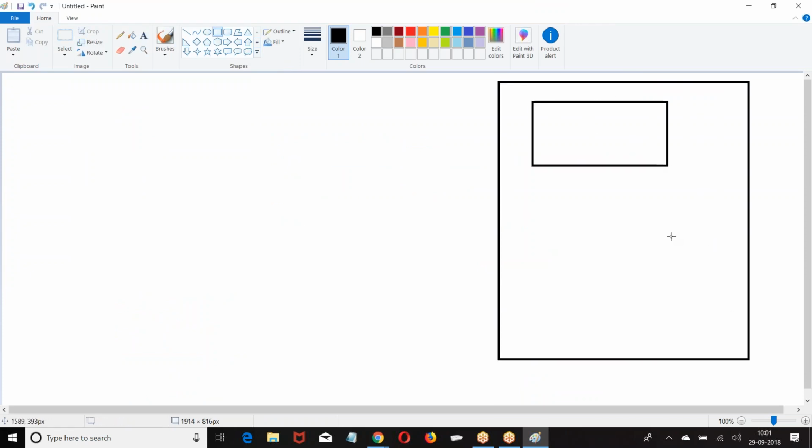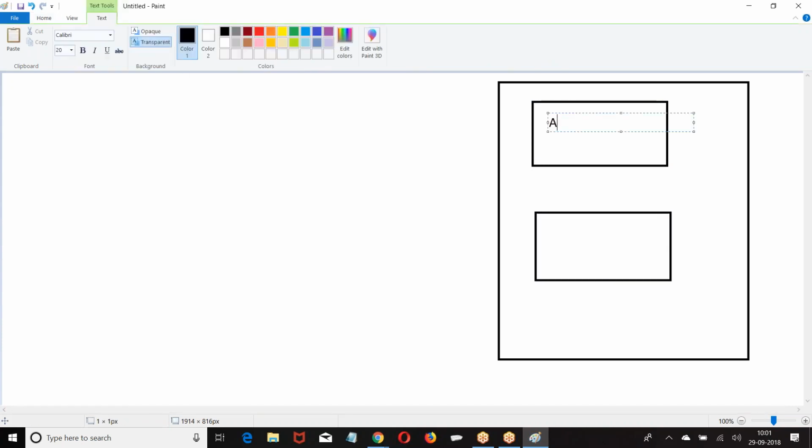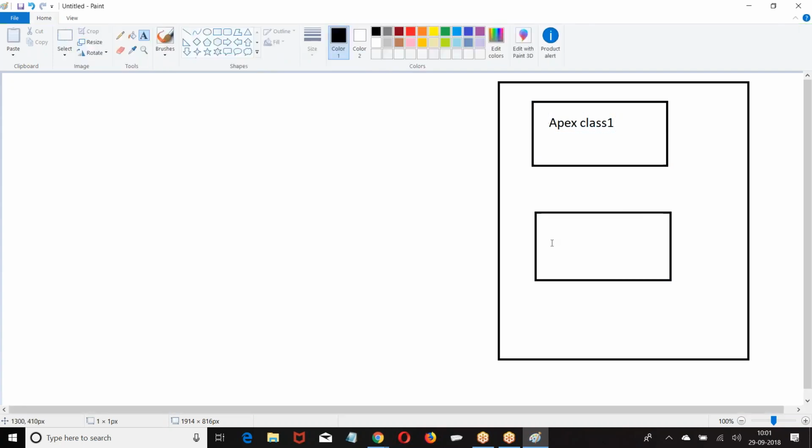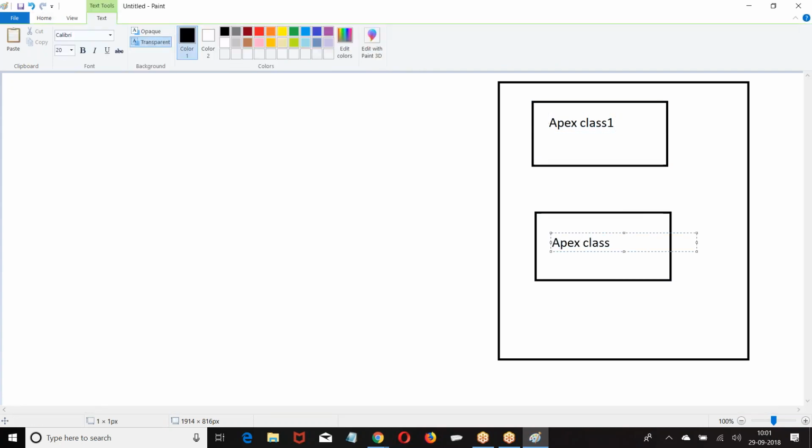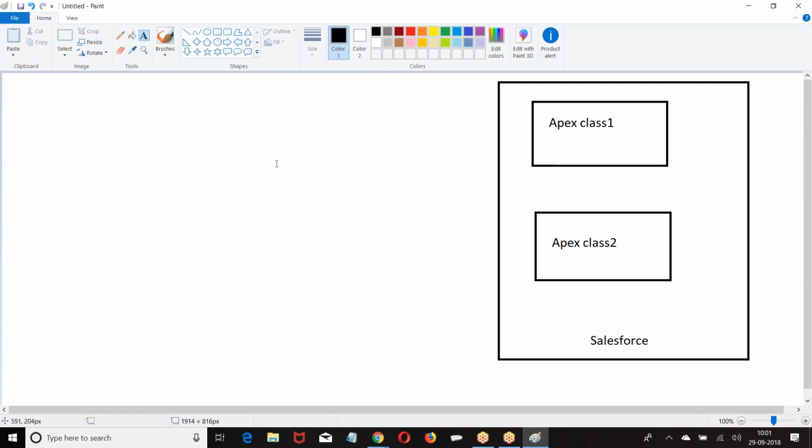Now, when I say REST API, look at the format. I have class 1, class 2. These two classes Salesforce wants to provide outside. You want to say, these two classes can be used by anybody from outside. Then how will the outside people know this? If outside people want to call this, how do they call? For every class, they will give one URL.